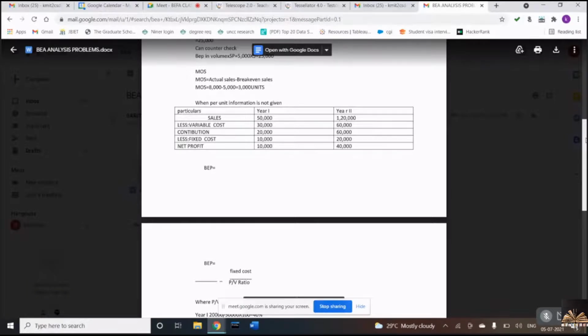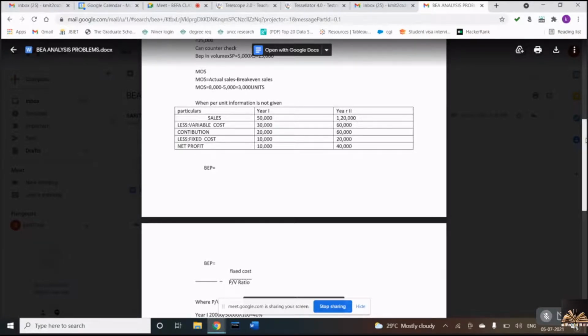Fixed costs do occur whatever the level of production. What are examples of fixed cost? Salary, rent, insurance, which do not differ whatever the level of production. So it not only covers variable cost but also contributes towards the fixed cost, which is the strategy. Contribution plays a very important role for management in taking such important decisions.